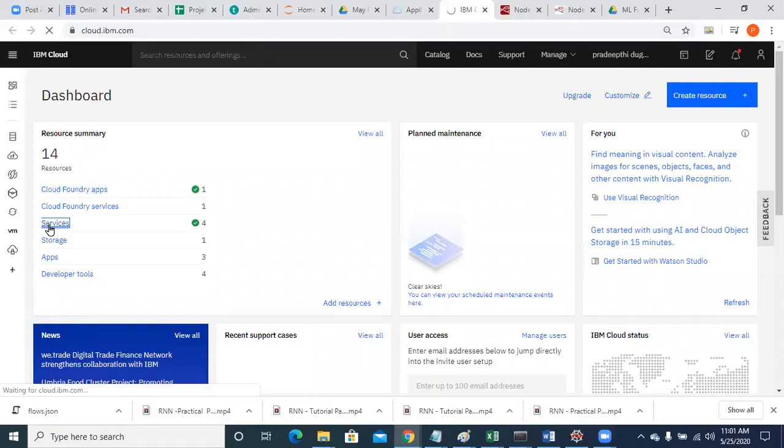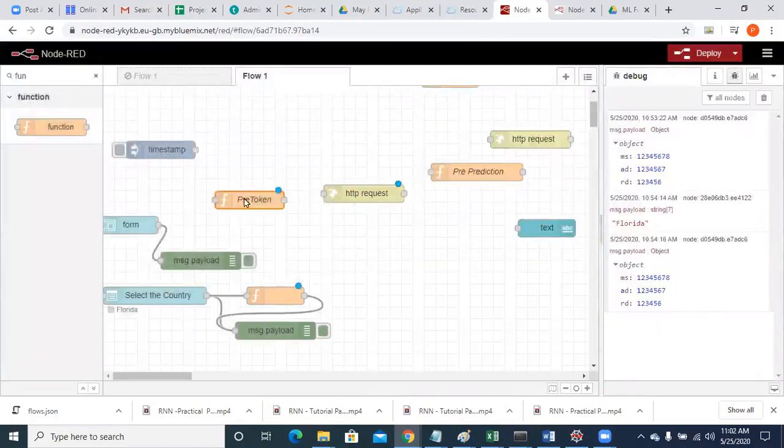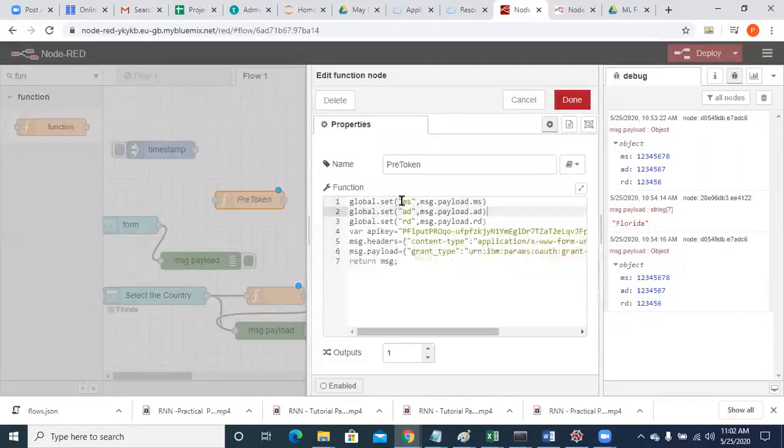It's very slow. Satyam, I have used global.set in the pre-token function. So there is a function over here, right? Already in that pre-token function, I have set all the global variables. Okay, Sparsh?